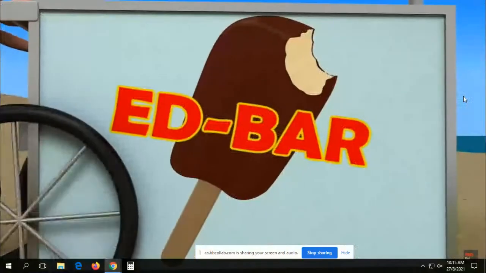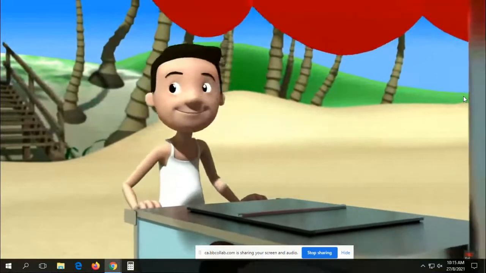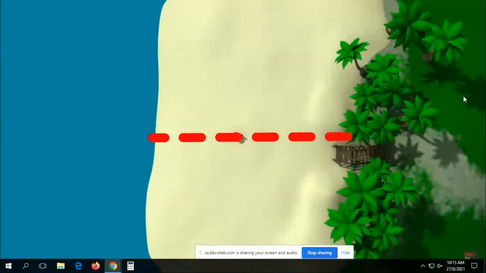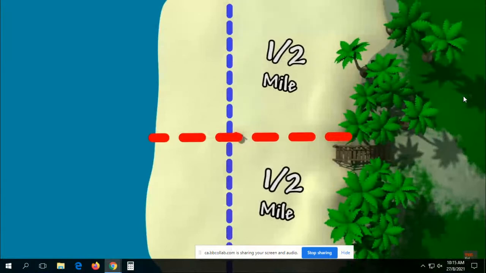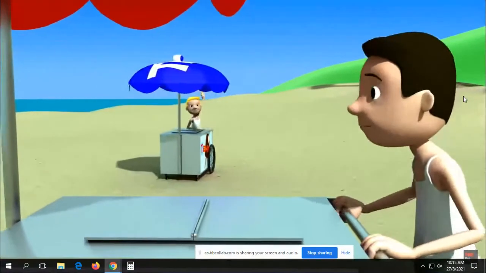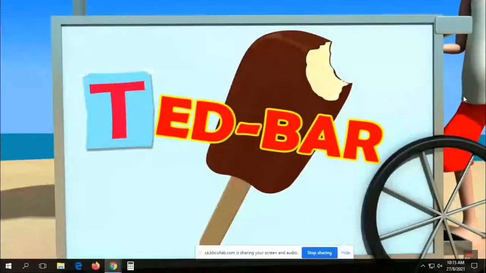Imagine that you sell ice cream at the beach. Your beach is 1 mile long and you have no competition. Where would you place your cart in order to sell the most product? In the middle. The 1/2 mile walk may be too far for some people at each end of the beach, but your cart serves as many people as possible. One day you show up at work just as your cousin Teddy is arriving at the beach with his own ice cream cart. In fact, he's selling exactly the same type of ice cream as you are.